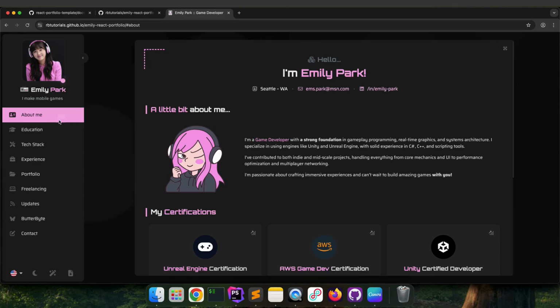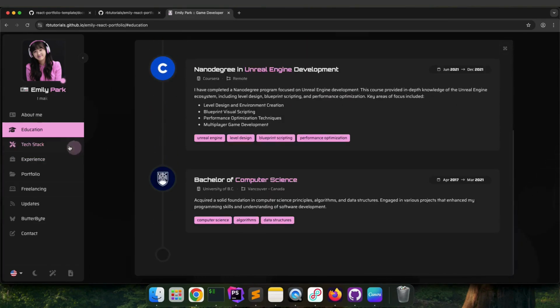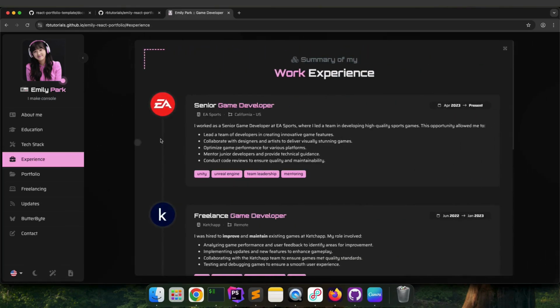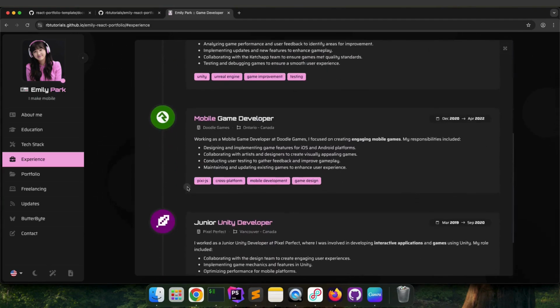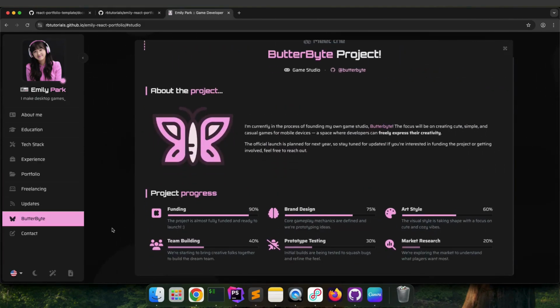Now let's take a look at the final result. Here we've got the cover page and the education page. There are a couple of pages we didn't really explore during the tutorial. The experience page, which works similarly to the education page. It's a clean timeline layout. And then there's a custom page I created to showcase a gaming studio Emily's working